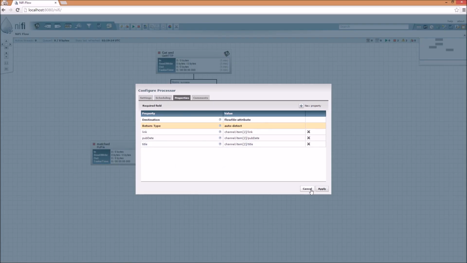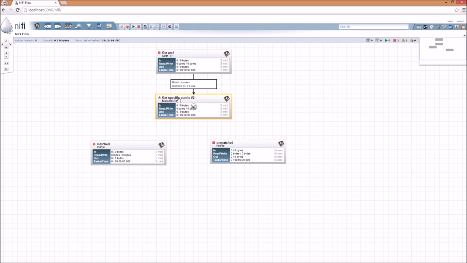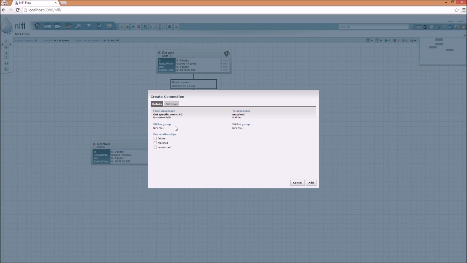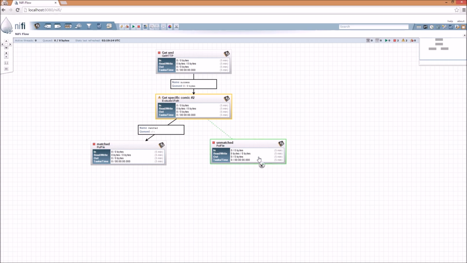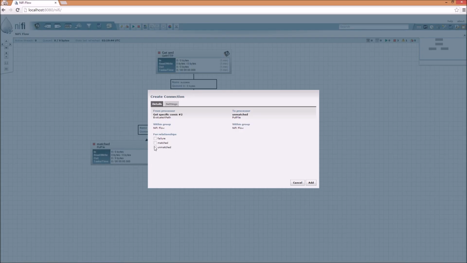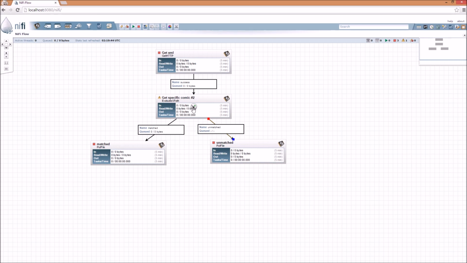And then let's look at this one. It says relationship matched is invalid, unmatched, and failure. So let's drag down to here, and we'll do the matched, add, down to here for the unmatched, add, and then what's cool is you can actually have failed files try to reprocess themselves. And the way you do that is you click on there,